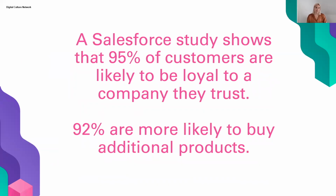Another stat here, this is from Salesforce, which is an e-commerce platform. A Salesforce study suggests that 95% of customers are likely to be loyal to a company they trust. I thought I'd put this in today because every organization I speak to has an amazing loyal customer base. And it's really about thinking about, if 95% of customers are likely to buy from a very loyal, trusted source,